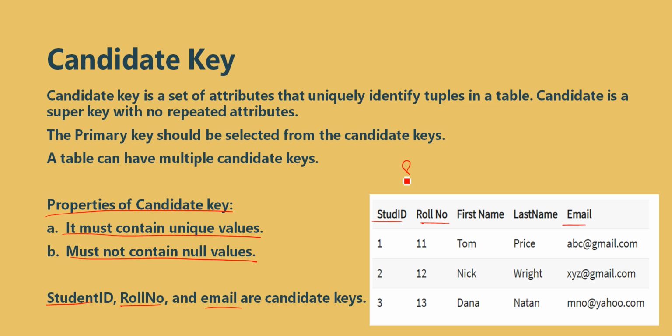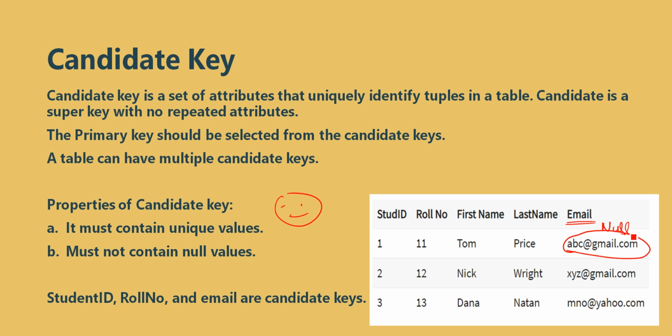Now this is the same as our super key, right? But what is the difference between super key and candidate key? We are getting confused about this, right? Okay, now let's clear this one. The difference is that, let's take this email. It is not mandatory that everyone has an email ID. It is possible that there is a student who hasn't created an email ID yet. So for that column, what am I going to store there? I need to store null here, right?